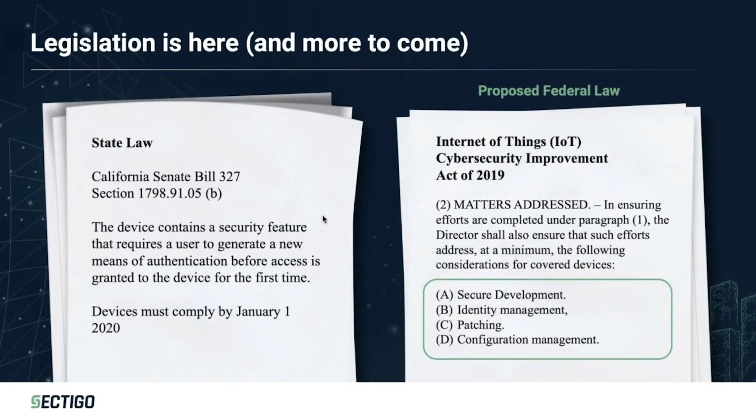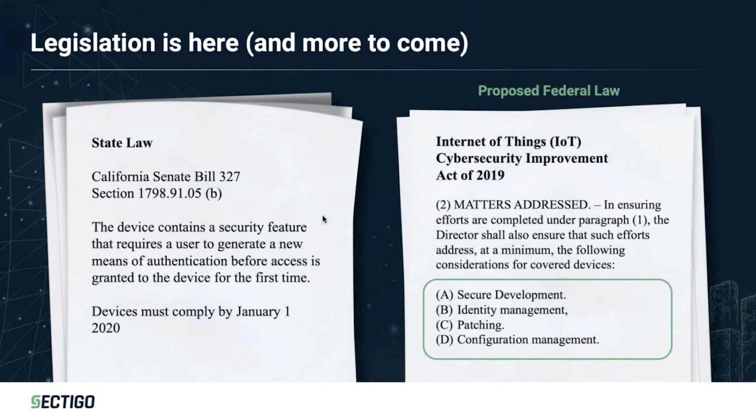So as of January 1st, 2020, California law has been in place, which has basically addressed the Mirai botnet very directly. In a nutshell, it says that devices need to comply with this concept of getting rid of static credentials, especially credentials which could never have been changed. There needs to be a mechanism to at least change those static credentials from one value to another within its life cycle. And even though that's not a complete solution for PKI, it's now forcing vendors to actually address this